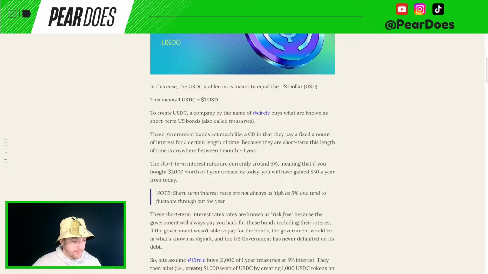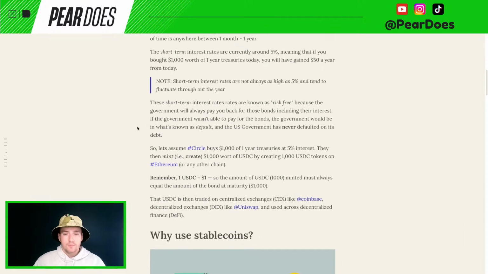So this 5% interest rate, something's got to be done with it. These short-term interest rates are known as risk-free because the government will always pay you back for those bonds, including their interest. The risk of the government defaulting is very low, and so investing in these short-term government bonds is considered risk-free. If the government wasn't able to pay for the bonds, it would be in what's known as default, and